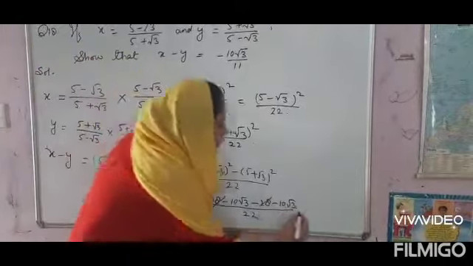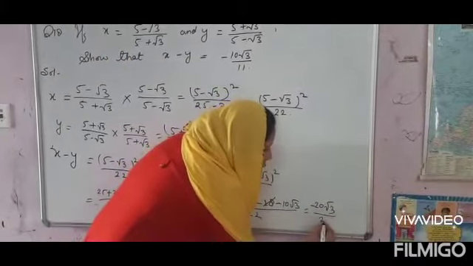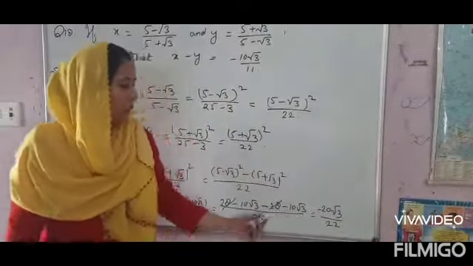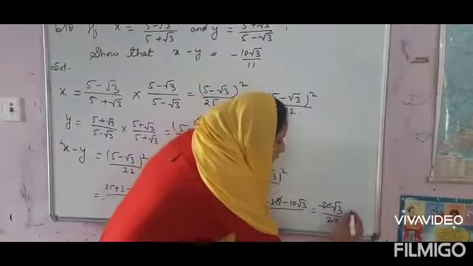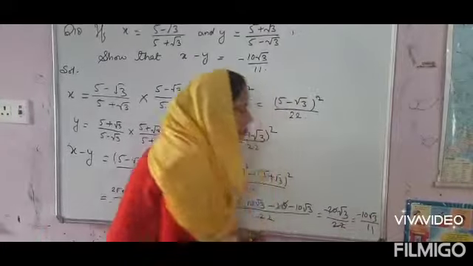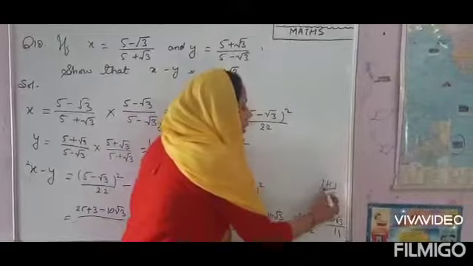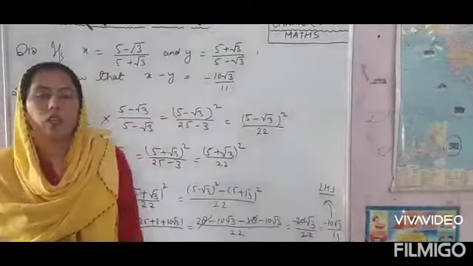8, and you will get minus 20 root 3 upon 22. Minus 10 root 3 added with minus 10 root 3, you will get minus 20 root 3. Now cancel this, simplify it. You will get minus 10 root 3 upon 11. This is your LHS. And this LHS is equals to RHS. Hence,